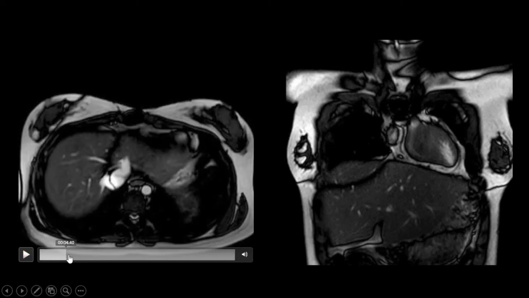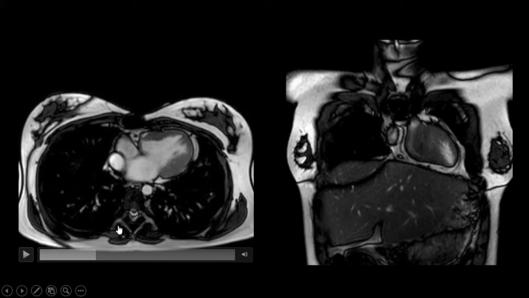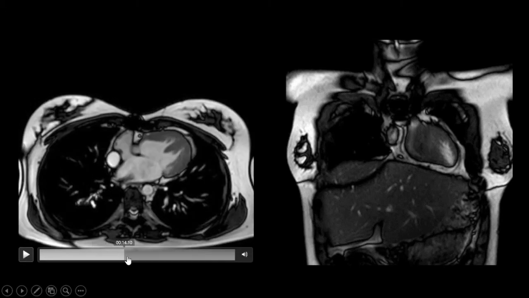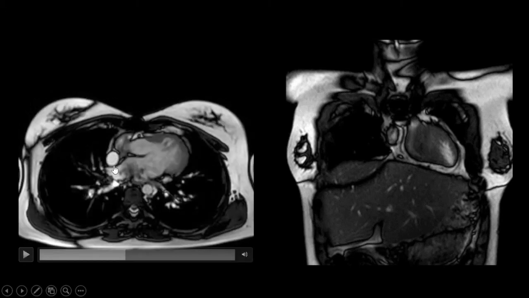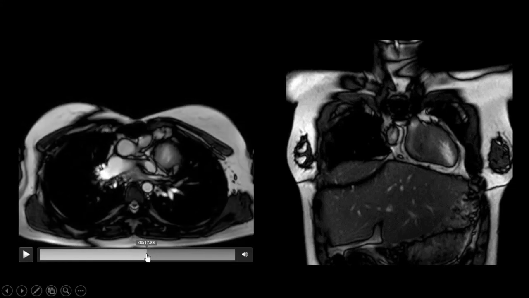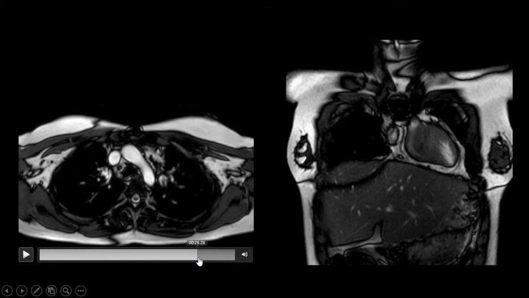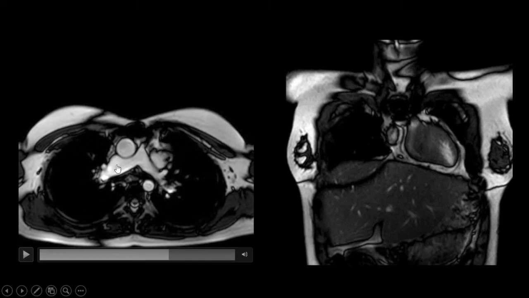We can see liver is on the right. This is the IVC, which we can see there's an extracardiac Fontan conduit which connects it to the right pulmonary artery. Here we can see the right SVC, which is directly communicating with the RPA, which is the Glenn circuit. So this is the patent Glenn and Fontan circuit, where the systemic venous return is directly directed towards the